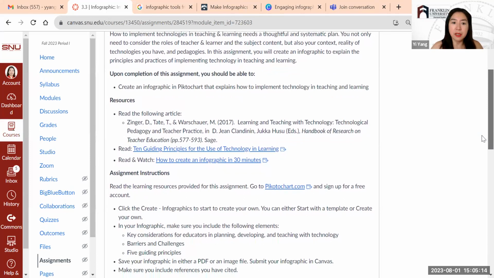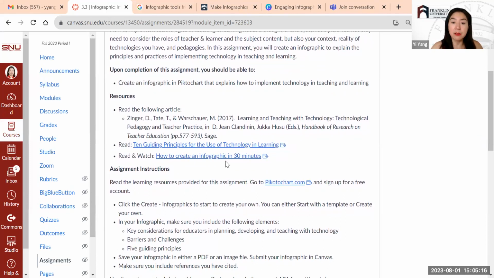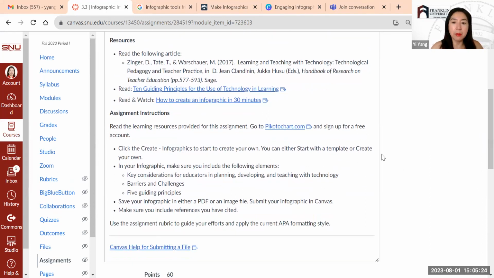As I mentioned earlier, there's a resource on how to create an infographic in 30 minutes. You can read that, or you can read and watch that video. In the assignment, we give you piktochart.com to use to create an infographic. However, if you want to use Canva,